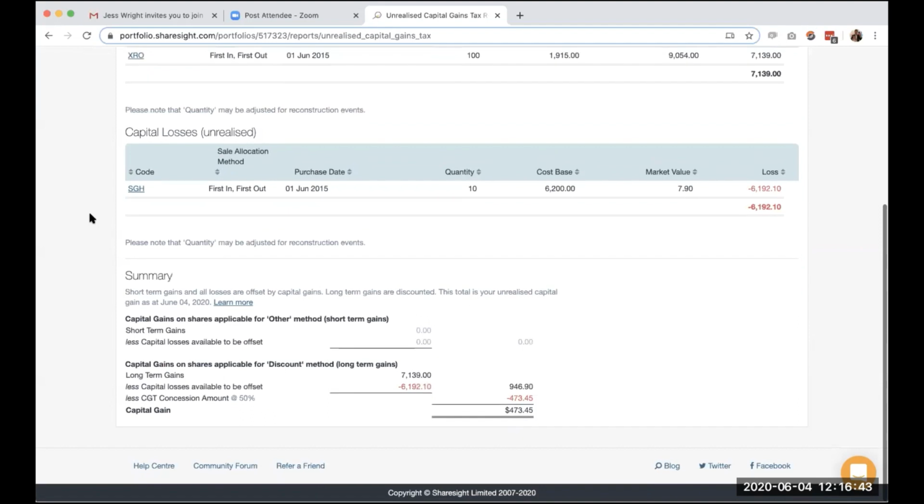And if we scroll down here to the bottom, what we do is we build these nice summary tables which kind of show you the mathematics behind this. So in this case, I've got no other method capital gains. And here, this is showing me down here, capital gains on shares applicable for discount method long-term gains. So you can see my long-term gain there of